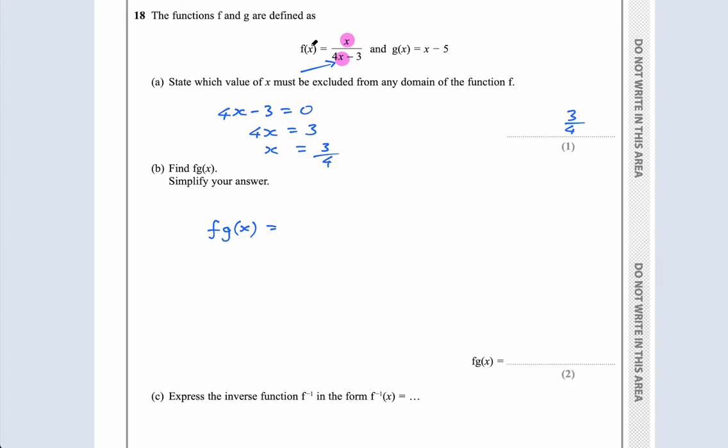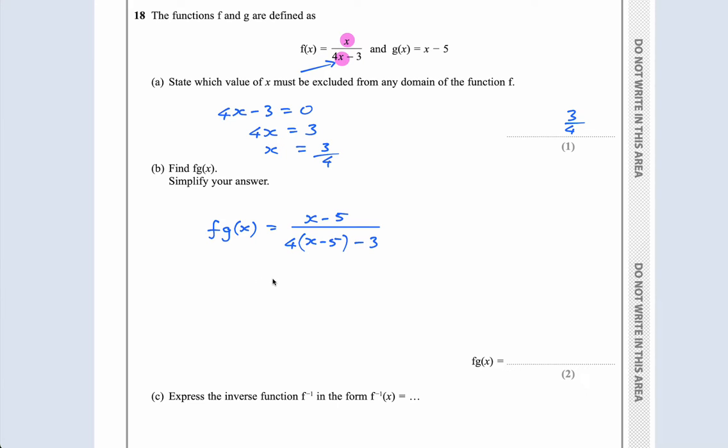Okay, this x is in the numerator, so I'm going to put x minus 5. Instead of this x here, I'm going to put x minus 5, but there's a 4 there, so it's 4 times x minus 5 minus 3. He wants me to simplify this, so let's